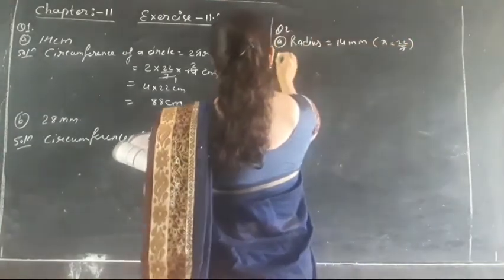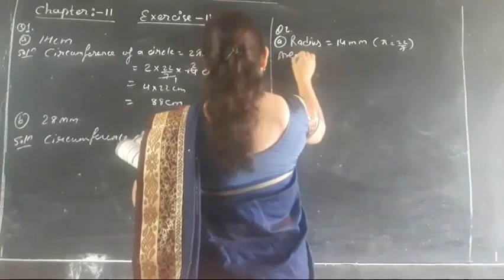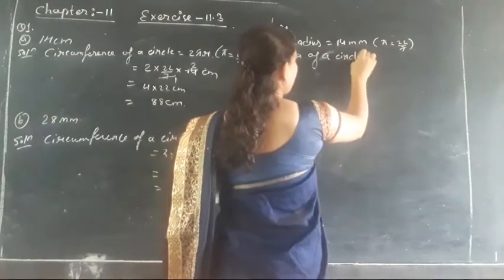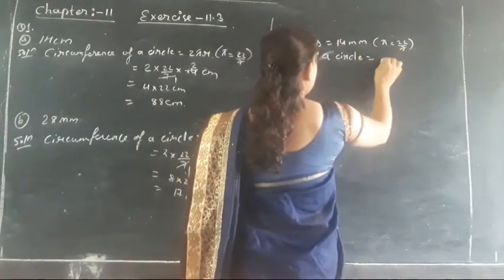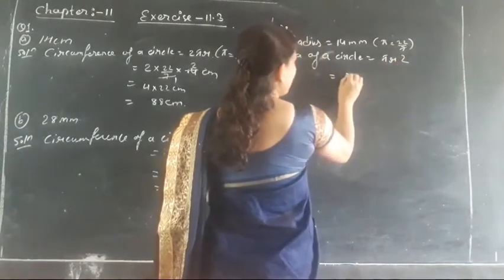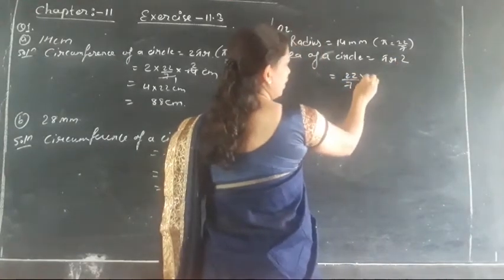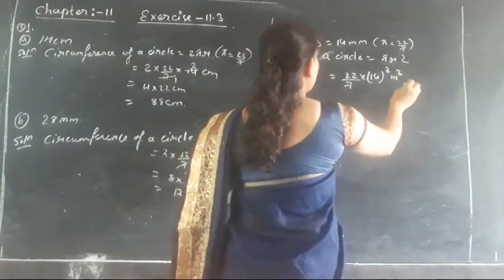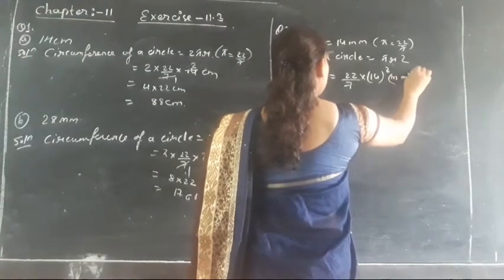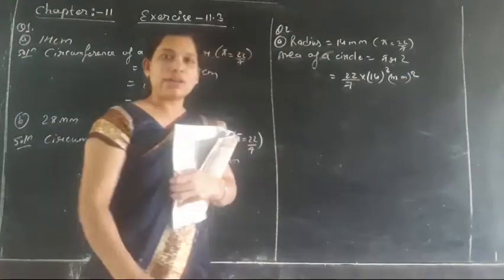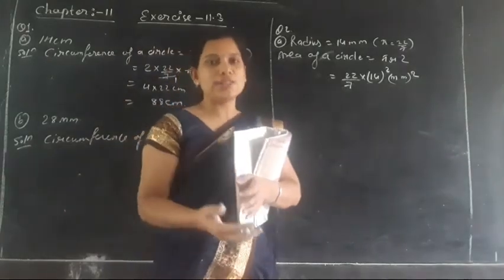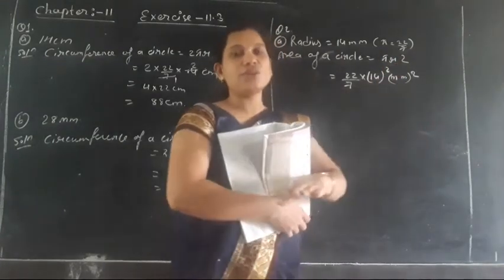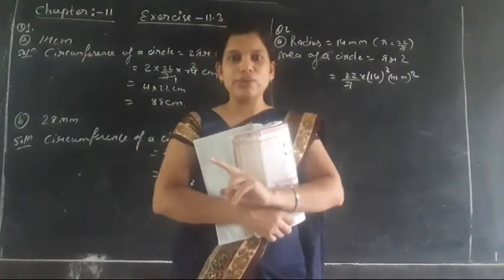Okay, so look, what is asked to find out? It is asked to find the area of a circle. So what is the formula for area of the circle? That is pi r square, isn't it? Pi value we have to take as 22/7. R value is 14, and 14 squared, and it is given in mm. So millimeter into millimeter will become millimeter square. The unit will also get multiplied twice as the radius is multiplied twice because r square is there. R square has power 2, meaning the unit will also be multiplied twice.